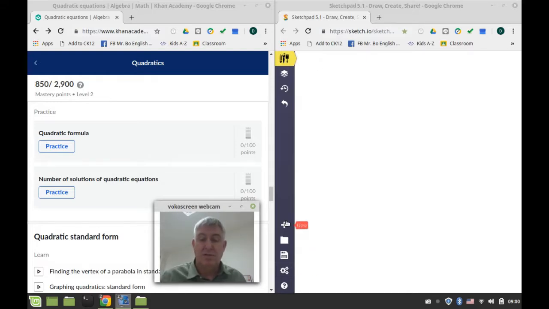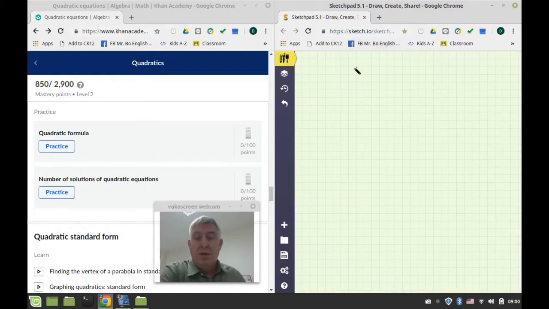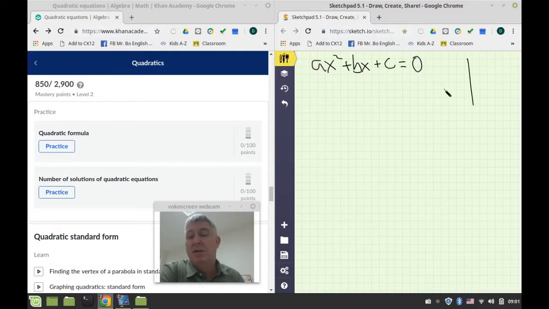Let me get a nice little graph paper up here. There we go. So the standard form is ax squared plus bx plus c, and a lot of times there are many good reasons for us to find out the zeros for this. So if we have a quadratic, these 2 points that cross the x-axis,